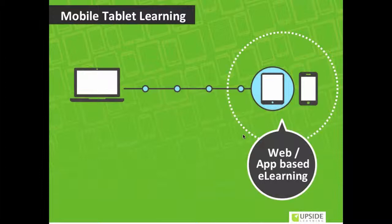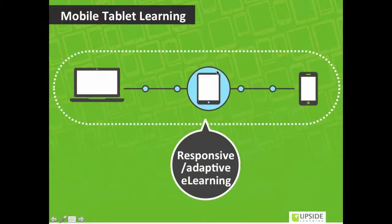You would go for app-based solutions when you need offline availability or when you need to use device capabilities which can't be really used through the online modes. And there is another trend that we are seeing, which is targeting all the devices with the same solution. So you make one solution and you make it available right from desktops to mobile devices, which is how most of the